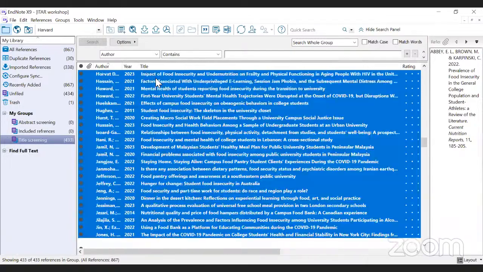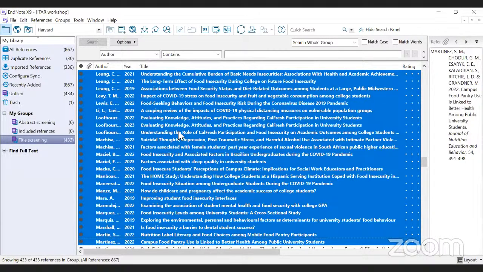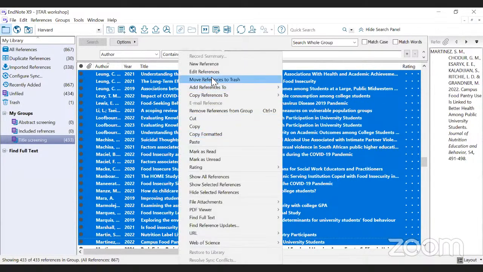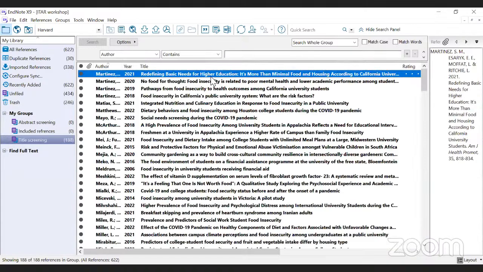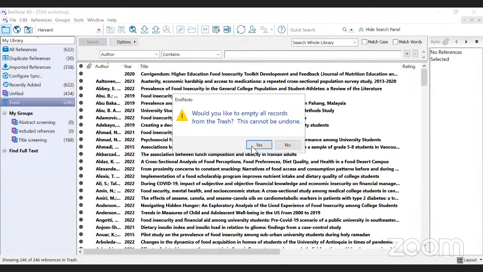See how many references you got in the library? Okay. Right-click, move references to trash. So now, after title screening, we end up with 188 references, and we deleted or excluded 246 references after title screening. Okay, I'm going to empty the trash now,